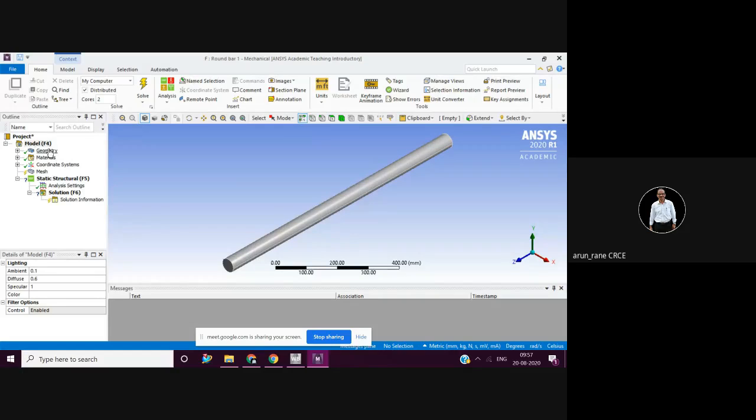So now here geometry is defined, materials is defined. Coordinate system is already defined.